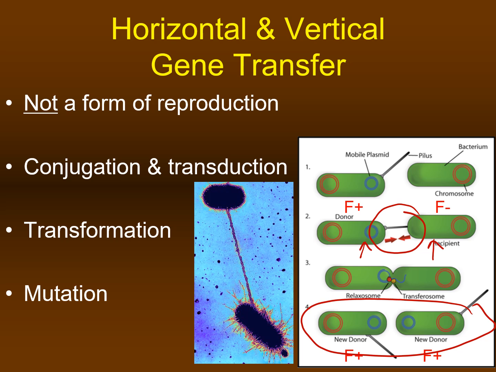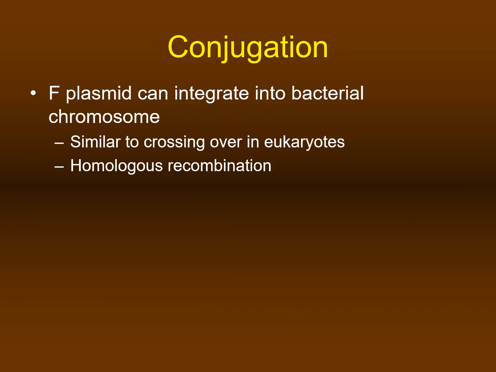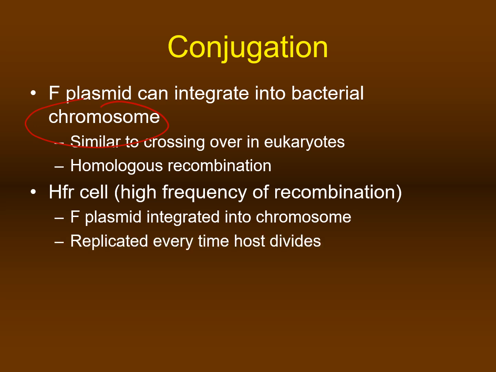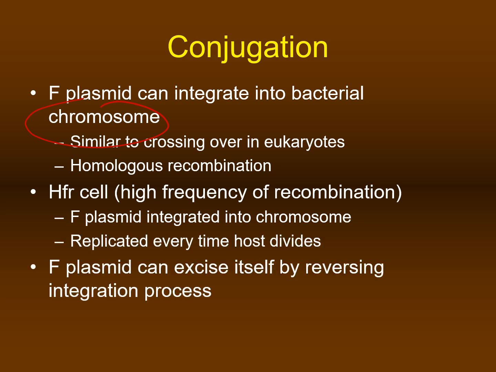Another source of genetic diversity in bacteria, of course, is mutation, but it plays a lesser role than conjugation, transduction, and transformation. The F plasmid in some cases can integrate into the bacterial chromosome, which resembles the process of crossing over in eukaryotes. The mechanism behind it is homologous recombination. Cells that can carry out such incorporation are called high frequency of recombination cells, and every time the F plasmid is integrated into the chromosome and then excised out of the chromosome,